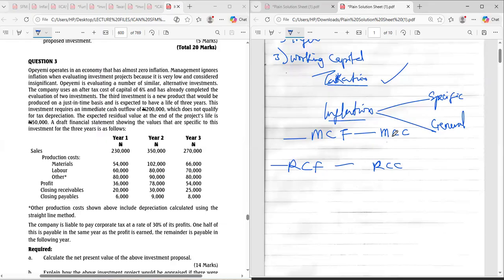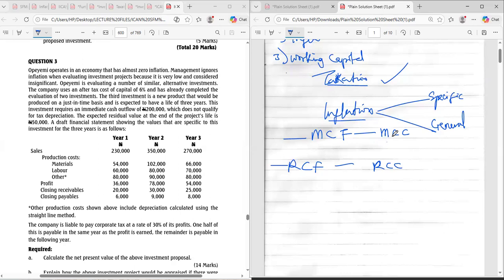Your money cost of capital is the opposite. This is the discount rate that has what? Inflation incorporated into it. So lend me 100 million naira today, and you told me that you'll be collecting 10% every year. Let's assume that by next year, inflation in Nigeria rose to about 35%. Will you still collect 10% on your money? What has happened? You can now start demanding for how many percent? 15%. Just like a landlord now, the way they have increased their rent.